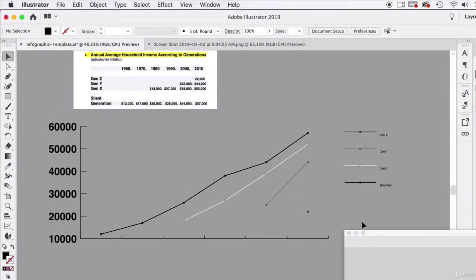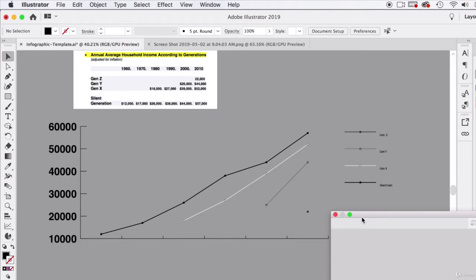So there's a few things we can do. We can go up to Object, ungroup it, and start to put our own visual spin to it, make it more exciting and visually compelling. Or we can even keep the line graph editable and add some different items to it, or add a visual appeal to it without having to ungroup it and break the graph. I'm going to show you how to do that, but in the end we're going to break the graph,